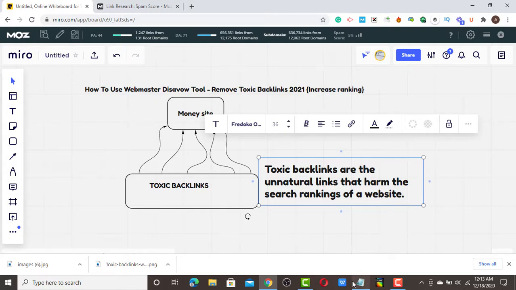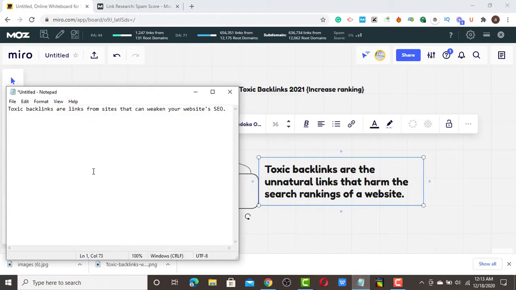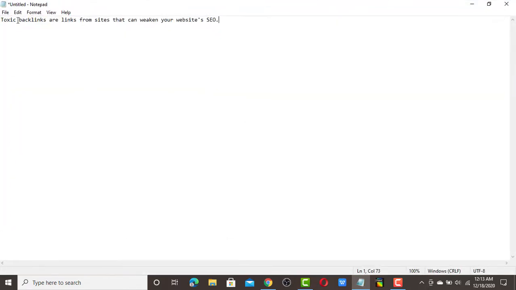The second definition says toxic links are links from sites that can weaken your website's SEO, according to the person who wrote this description.